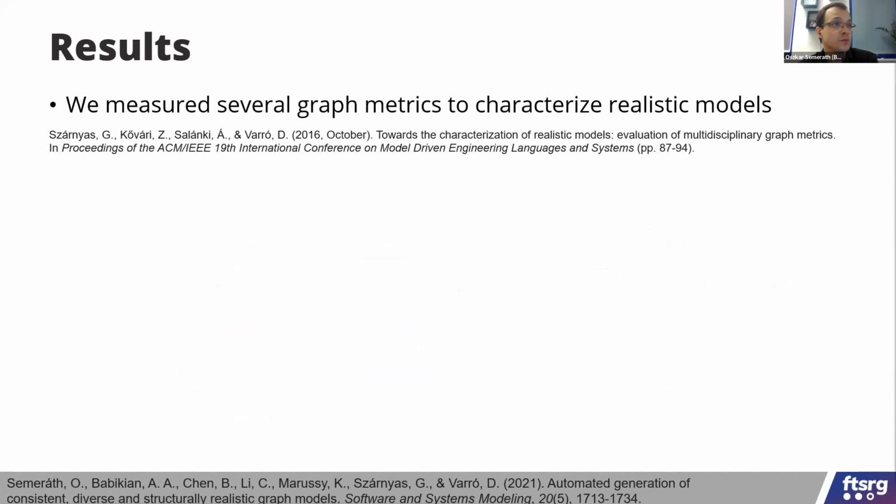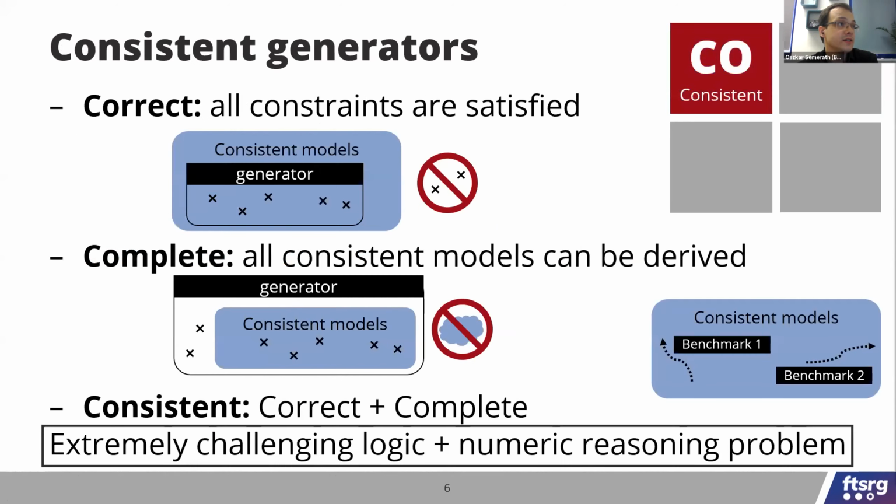So our observation is that the most important property is typically the consistency. If we generate models that are inconsistent, we can improve the scalability of realistic generation, but we will have some parts of the models which have some strange anomalies. And satisfying the consistency is this challenging numerical logical task which needs logic reasoning, which is at least NP-complete,